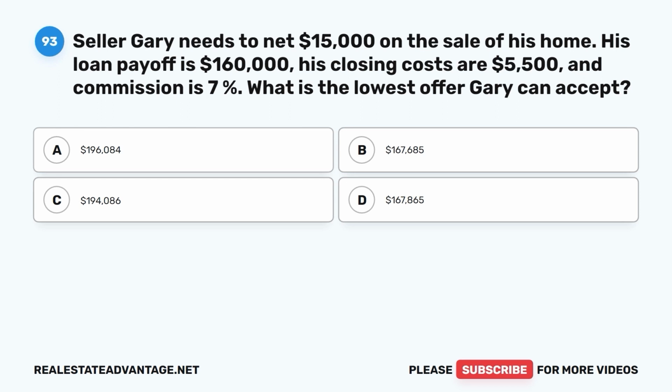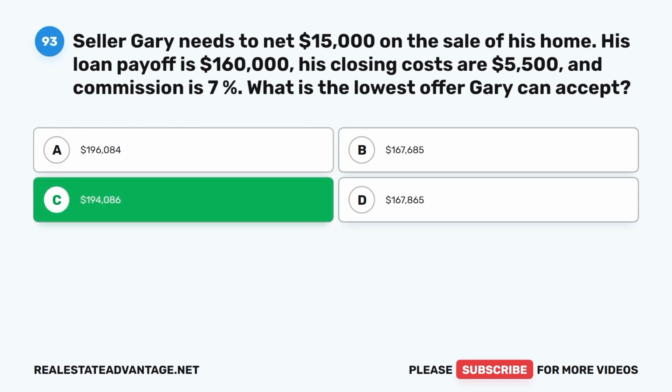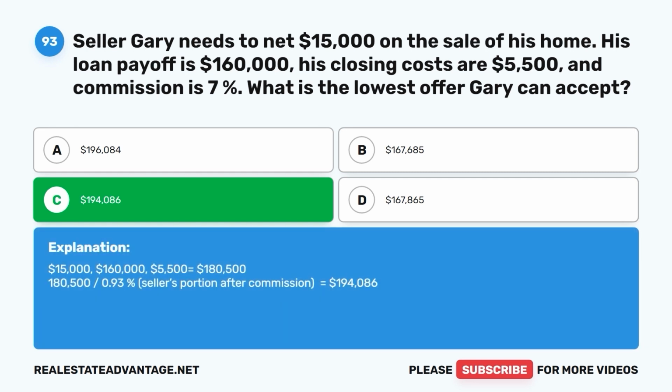B. $167,685. C. $194,086. D. $167,865. The correct answer is C. $194,086. $15,000 plus $160,000 plus $5,500 equals $180,500. $180,500 divided by 0.93, the seller's portion after commission, equals